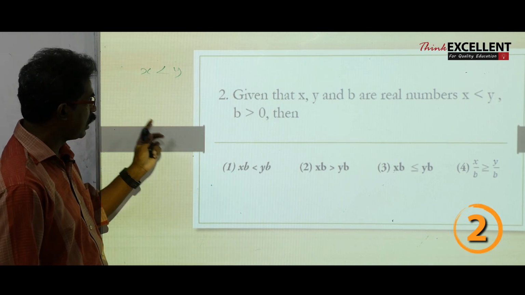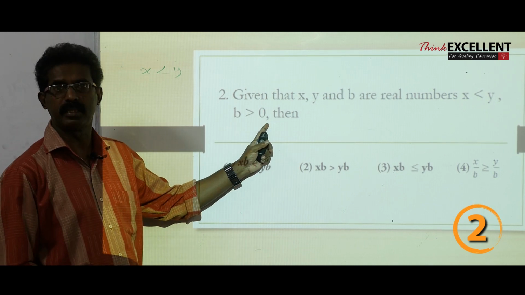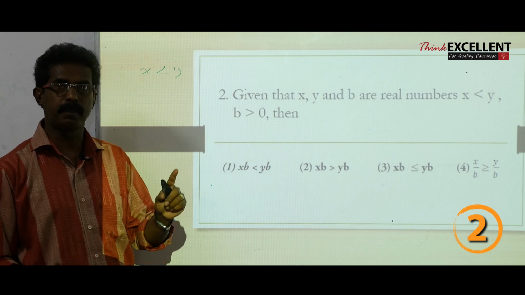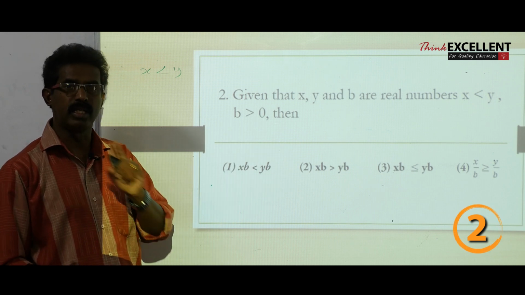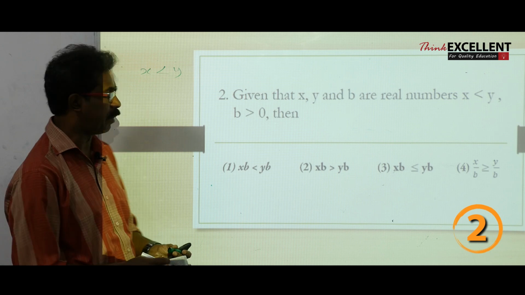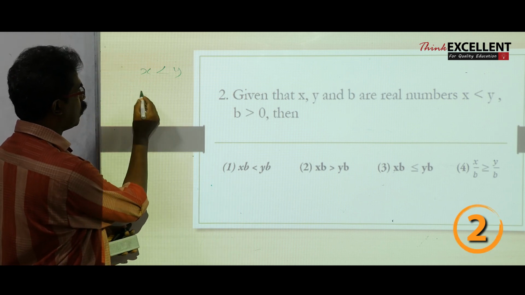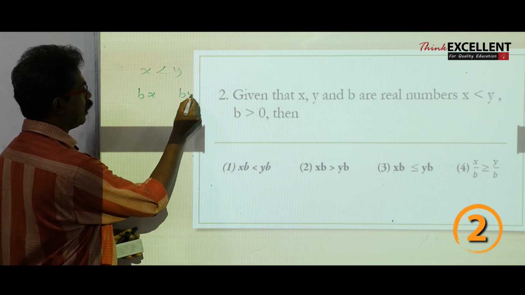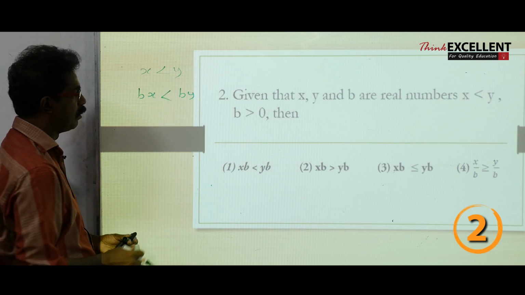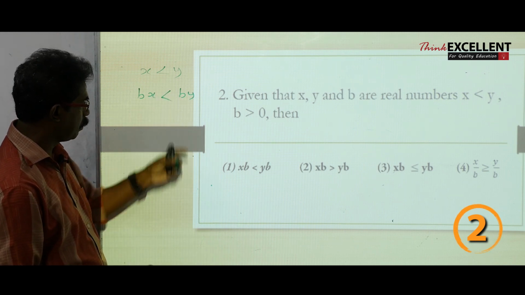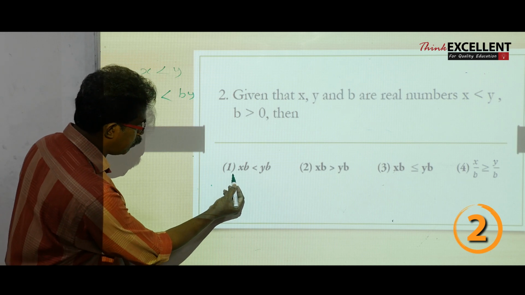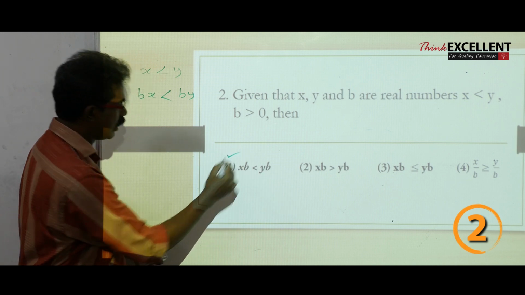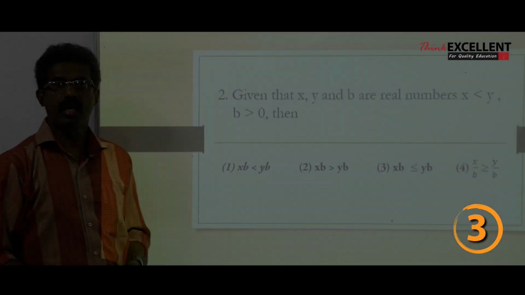Here b is a positive number. So, if you multiply or divide by b, the inequality remains the same. So, when you multiply by b on both sides, bx and by, the inequality remains the same. So, bx less than by, or xb less than yb, and that is the correct option. The third question,